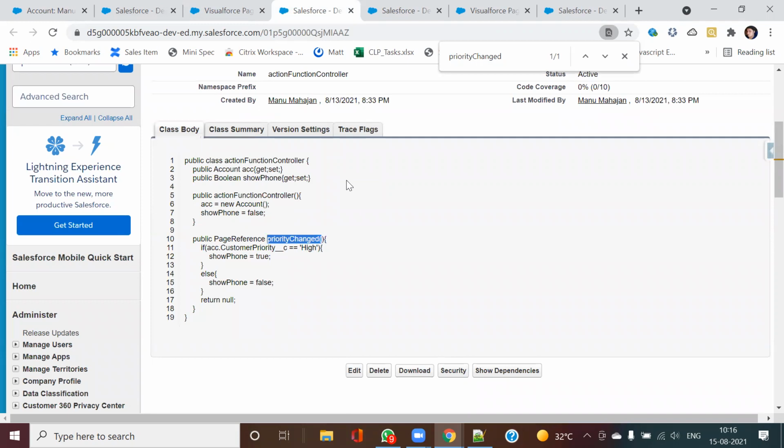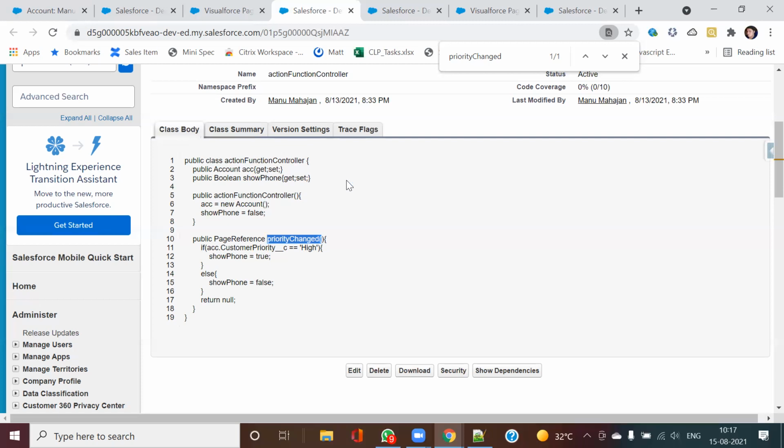Generally this part is used like this. Assume you have an account object and you are creating one new record. Before saving the record, you want to give the user a warning: are you sure you want to create an account record or not? Click OK or cancel. That pop-up screen is mainly coming through your JavaScript. So, as a simple example, if before calling your Apex controller method you want your JavaScript to be called, in that case we use the action function.